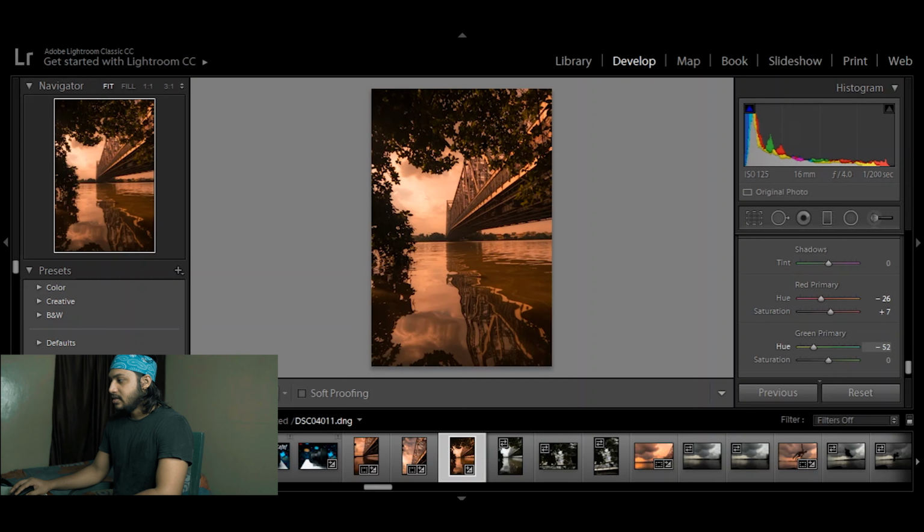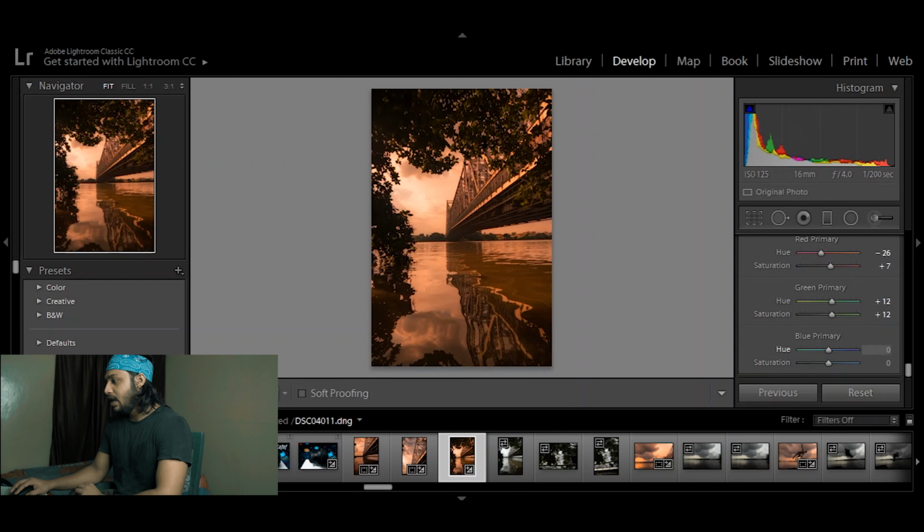So green, let's decrease this and let's see what change will occur in this photo. So I think on the right side I'm going to get that pinkish look, and on the left side I'm going to get this yellowish look. So I want the pinkish look, so I'm going to give it +12 and increase the temperature a bit, not just a small bit.